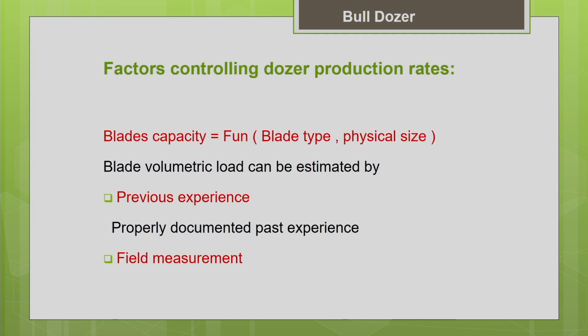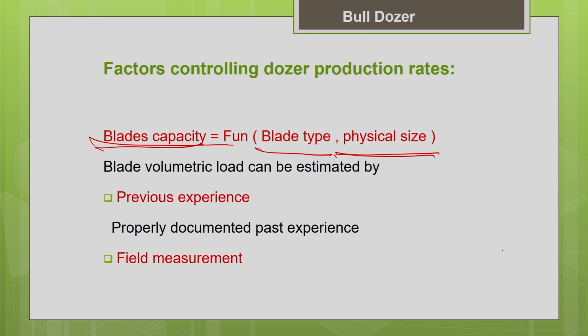Okay. Now let us see how to estimate the blade capacity. The blade is not like a bucket or bowl. How much material lies in front of your blade defines the capacity of the blade. It depends upon your blade type and the dimension of the blade. Obviously, as I told you, straight blades are smaller in dimension when compared to U blades. So, the greater the dimension, the bigger the blade, and your blade capacity will be more.